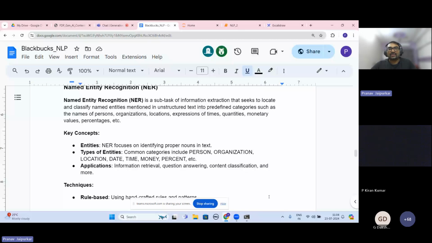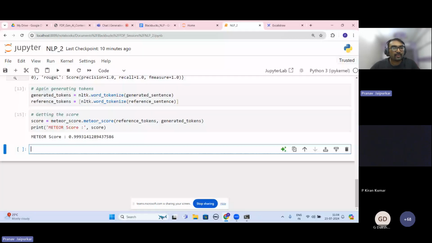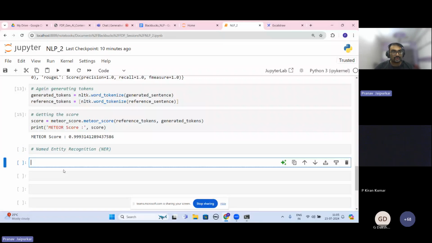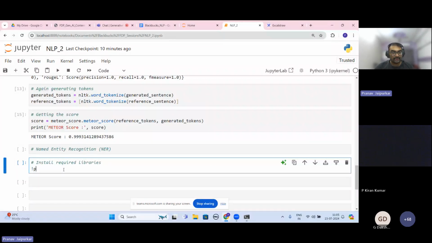So now after this is done, let's do the next part, which is named entity recognition, NER. What we are basically doing over here is installing required libraries. If you are using it for the first time, you will have to do exclamation mark pip